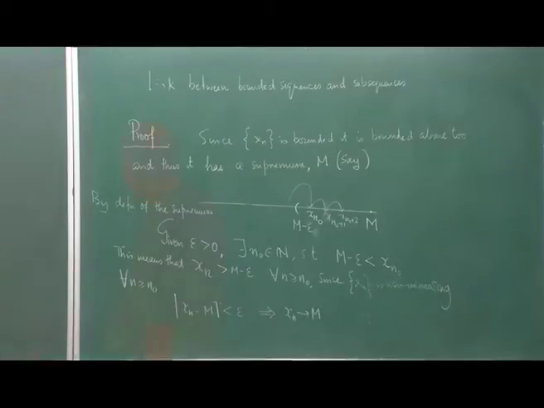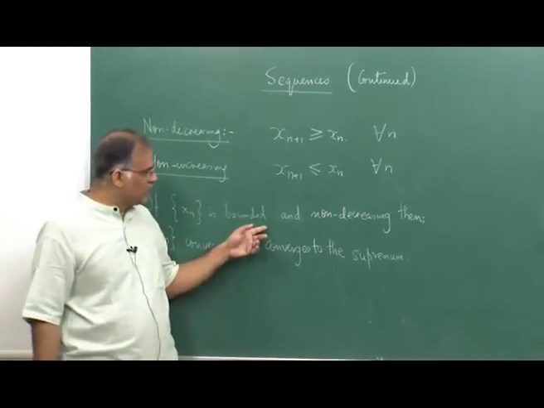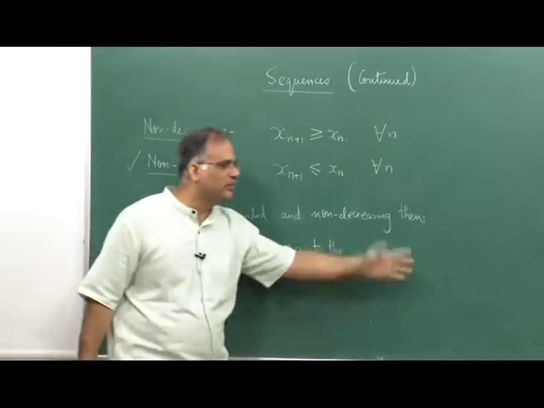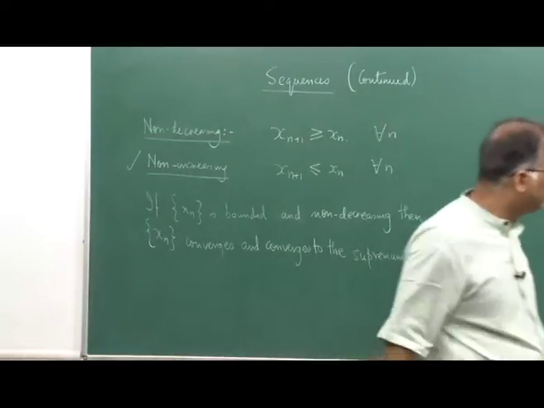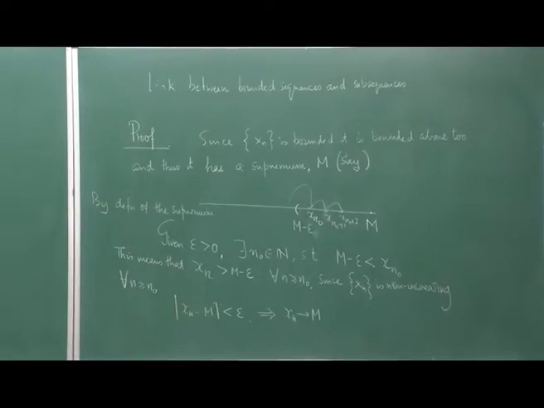Remaining with the non-increasing part, what will the non-increasing part say? That xn is bounded and non-increasing, then xn converges and converges to the infimum. So, you can prove the same thing, it is just a matter of